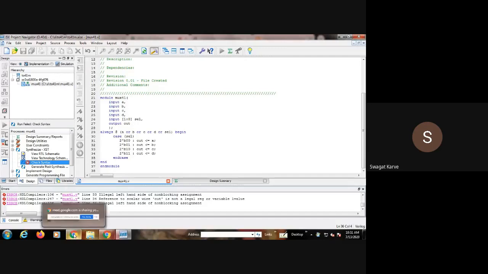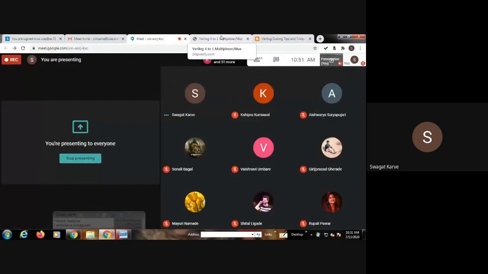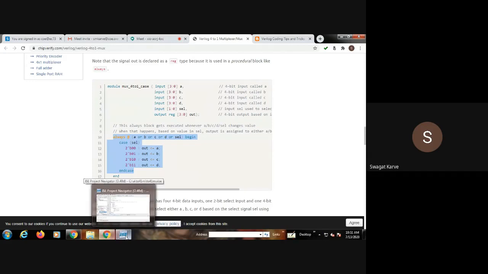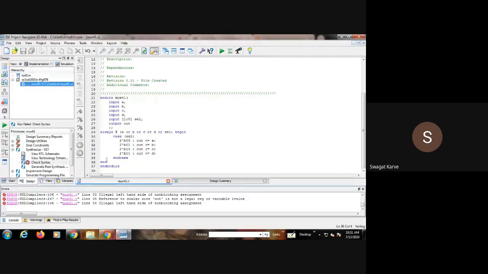I think we should end this always also. I will verify the code. It's the correct one, and case and module.